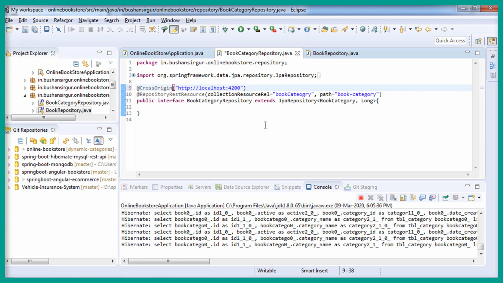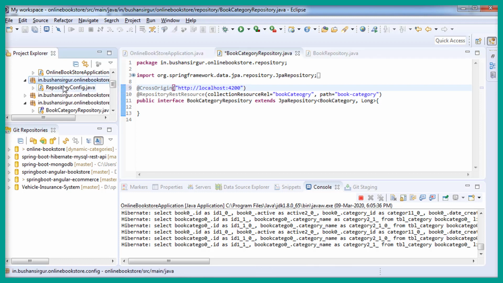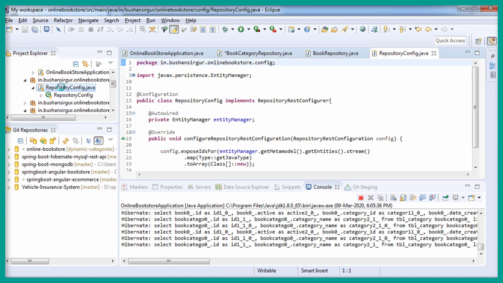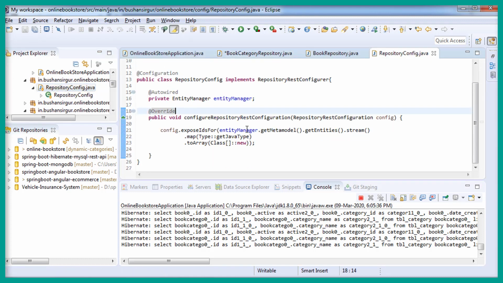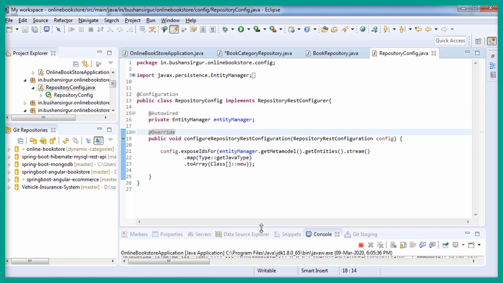Instead of writing @CrossOrigin every time on a repository, we can handle it through the configuration file. So let's open the configuration file, which is RepositoryConfig.java. We're going to make use of this RepositoryRestConfiguration object config.